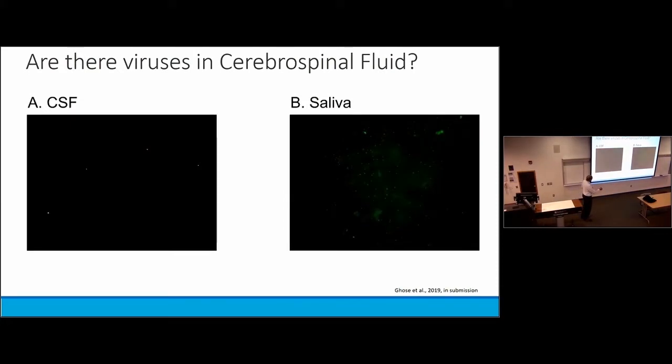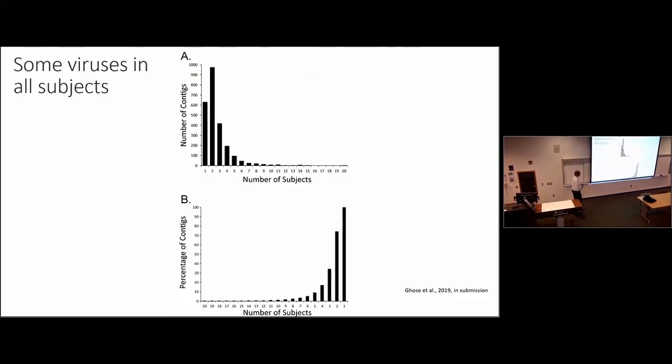But if you compare it, for example, with saliva, which is generally about 10 to the 7 to 10 to the 8th virus particles per milliliter, we did these sorts of studies for cerebrospinal fluid, and we found about 10 to the 4th. So it's much, much less. And sadly, we did try to do that experiment that I had told you guys about: let's just take some CSF, stain it, and take it down to the electron micrograph to see if we can find viruses. But there are so few of these viruses that we weren't able to replicate